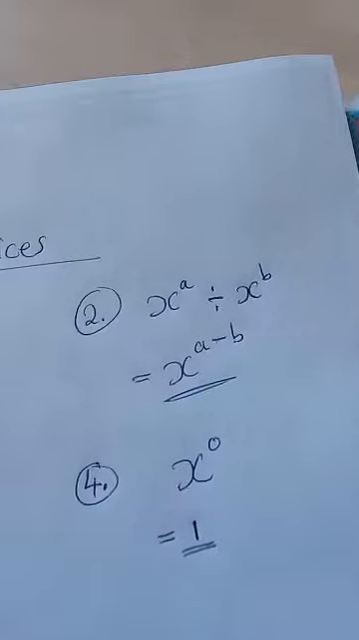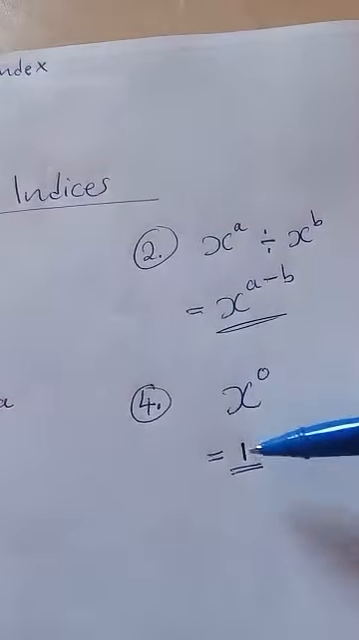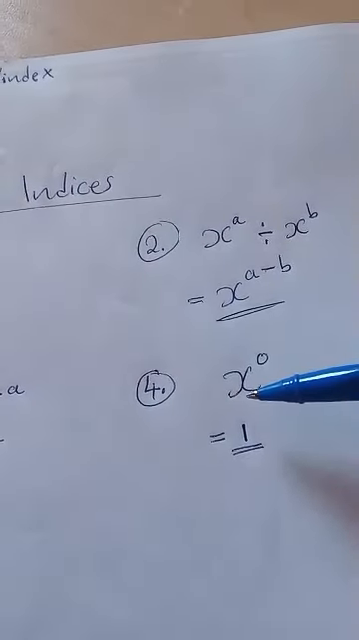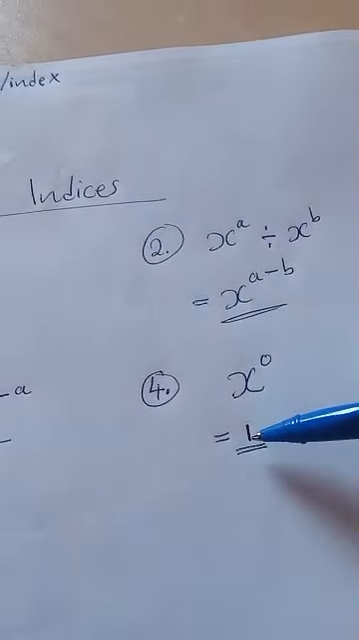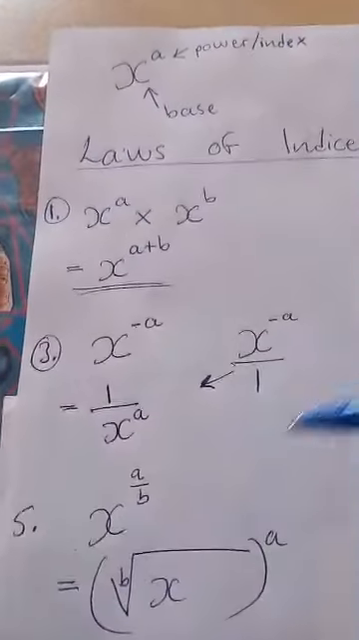Then the fourth law: x to the power 0 is equal to 1. This means anything raised to the power 0 gives us 1. Then next, law number 5,